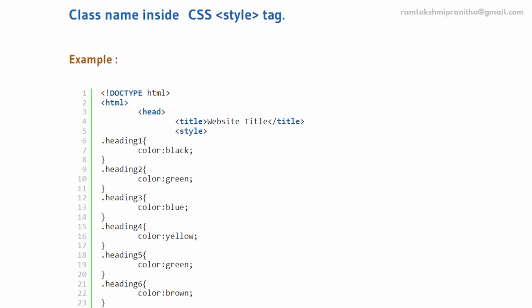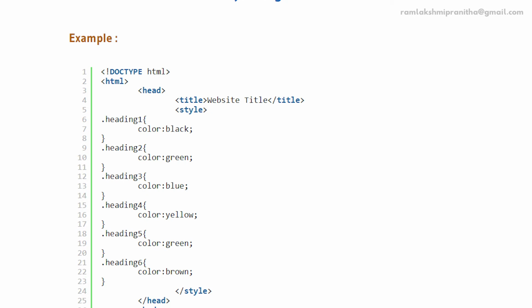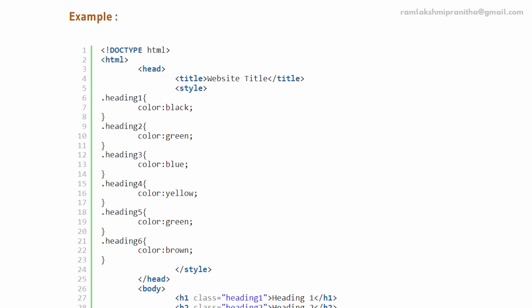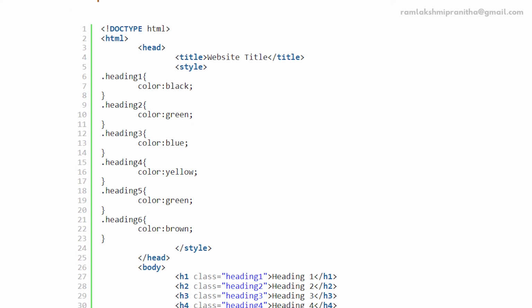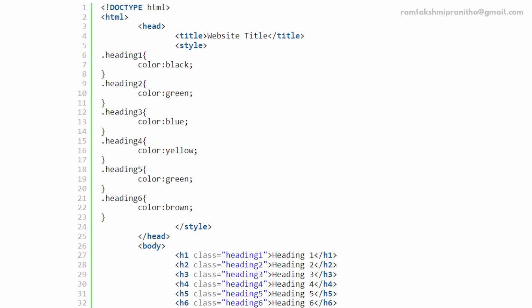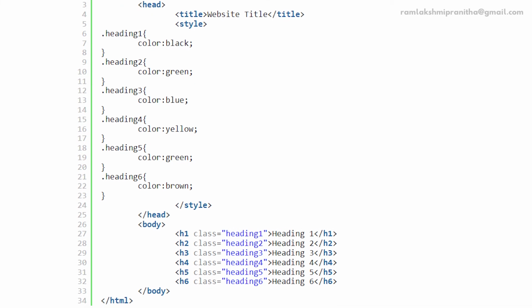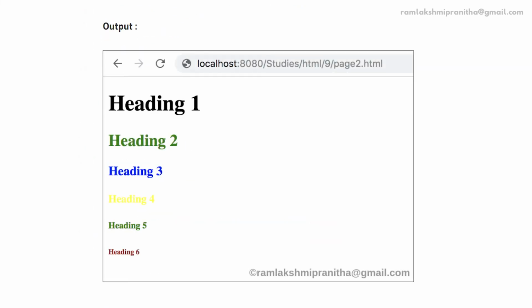Class name inside CSS style tag. Example: in this example we have declared multiple heading tags, and inside the heading tag a class declaration is defined. The class attribute contains class names. CSS style is applied for all the heading tags with reference to the class name declared inside the style tag. The output is displayed as headings with different colors. Output: